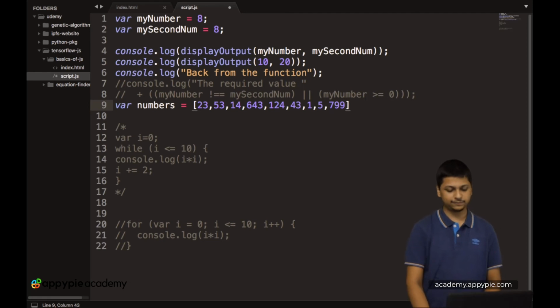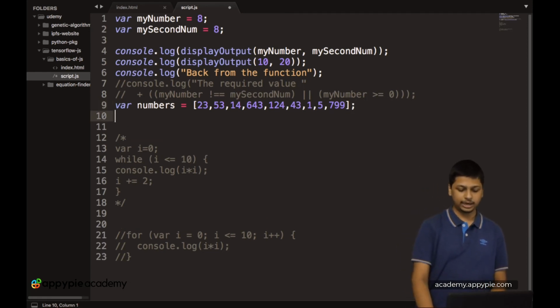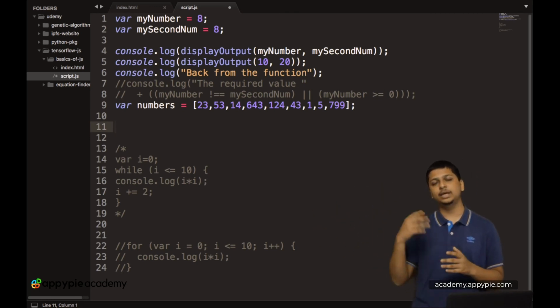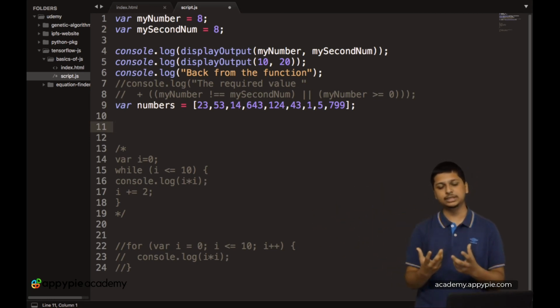Okay, that's enough. Let's add a semicolon. Now we want to go through each and every variable of this particular array and do something with the numbers inside it.